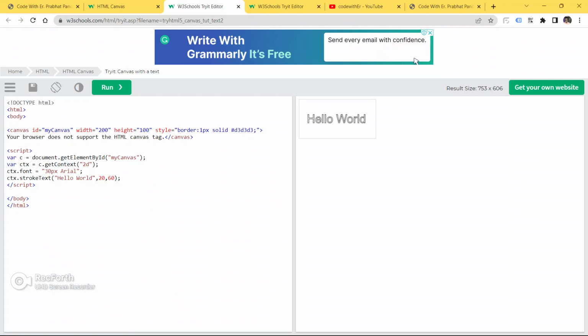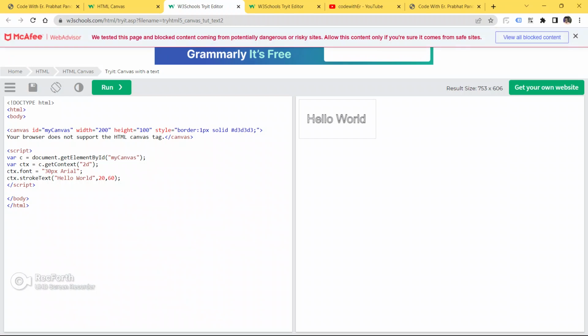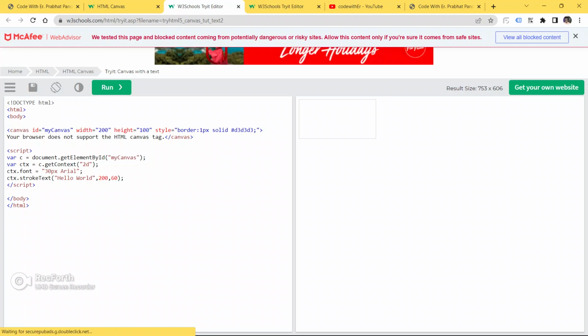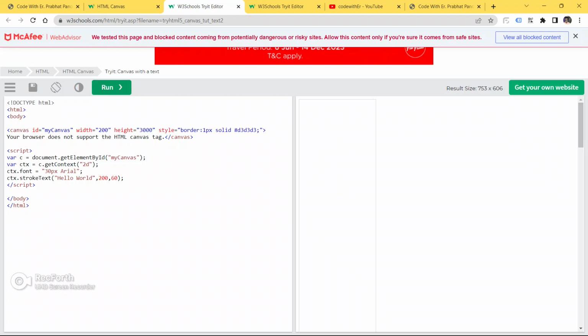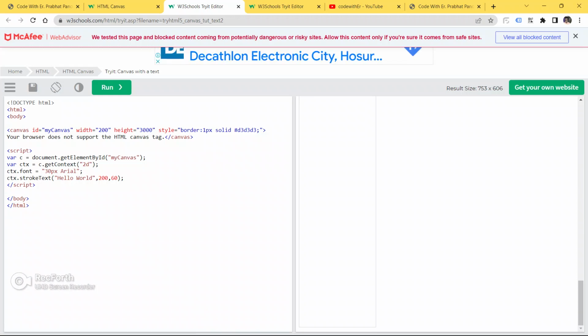Just go here and learn. See, I did only this much. I am doing here only, guys. Okay, how to create a canvas. Just go here and create the canvas, and according to canvas, guys, you can change number, width, anything you can change, guys. Just I am giving here 200 to show you how it changed. Okay, it changed, guys. Okay, it went up because we have given height only. Okay, so if you increase the height up to 3000 px, then only you will be able to see the canvas.